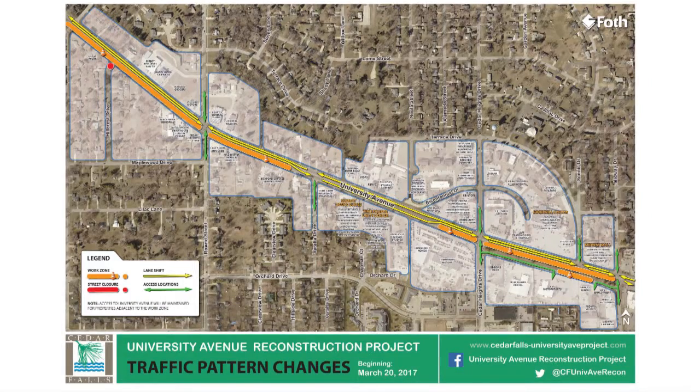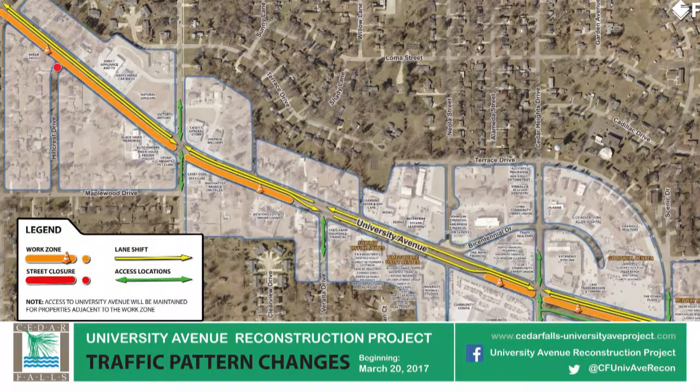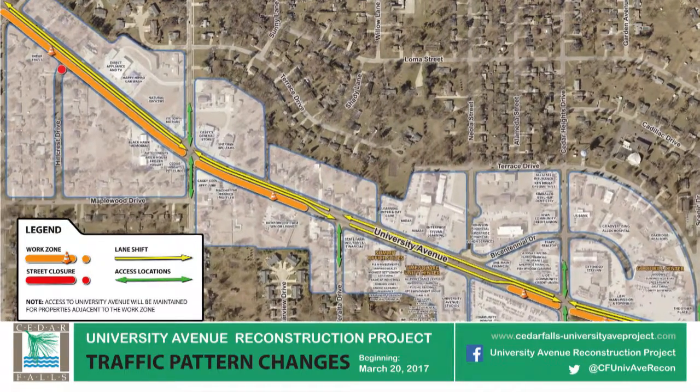So then moving into phase two is the area that we refer to from McLean going all the way to the east to Midway Drive. That area is going to be split into two different sections, where we'll be working this year and then doing some work into 2018. So this year, we would start work on the west end of that phase two area, picking up from McLean and going through Round,